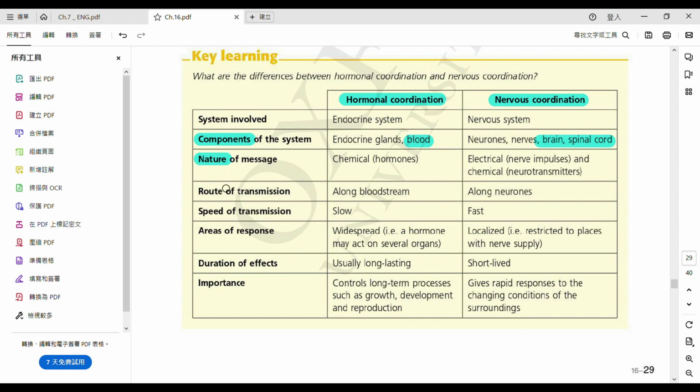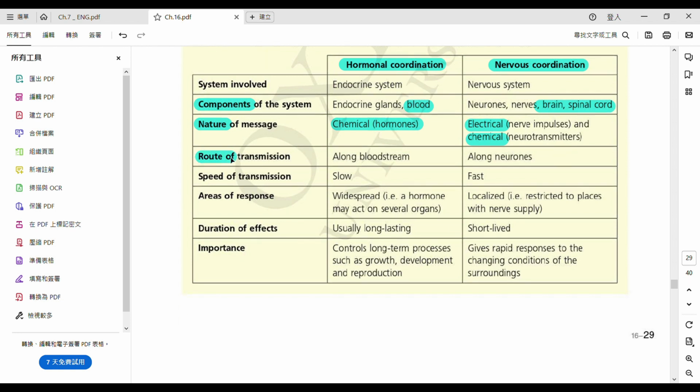Okay? 然後 their nature, 佢哋嘅本質，唔該寫翻低個中文字 their nature. Okay? So they are 乜嘢 in nature? For example, protein in nature, 乜嘢 in nature? So hormone, they are chemical in nature. We don't say, you can say protein or lipid as well. 得唔得？However, for nervous coordination 嘅話啦，佢哋會有 electrical in nature, 例如我哋嘅 nerve impulses, or chemical in nature 就係我哋嘅 neurotransmitters. Alright, 好啦，佢哋嘅 routes 代表佢哋嘅路徑啦。One of them is transferable in blood, 另外啦就係 by neurons 嘅。